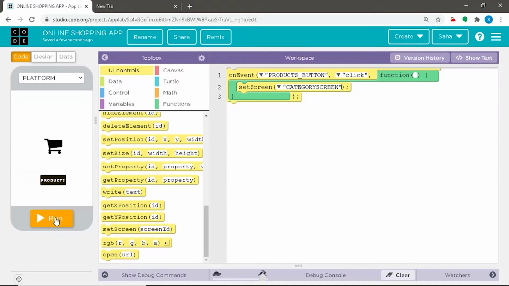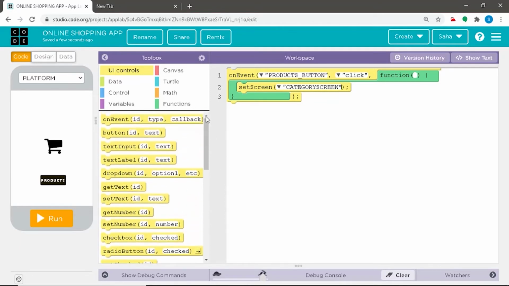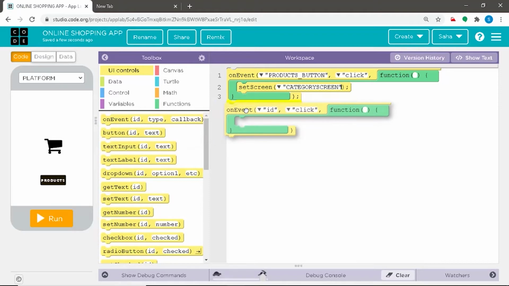Now we have to define the terms technology and household. For this, again we shall go to the UI controls category, drag the on event block, which is again a new event of clicking the technology button.